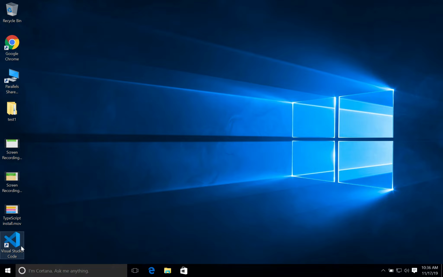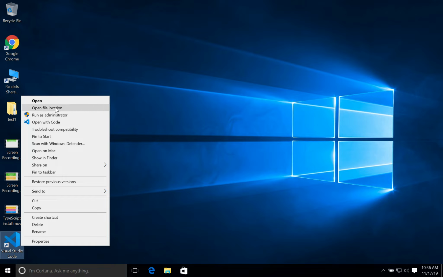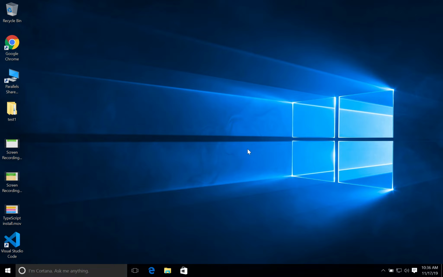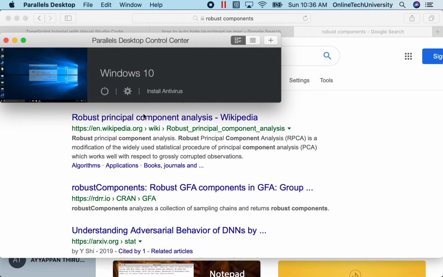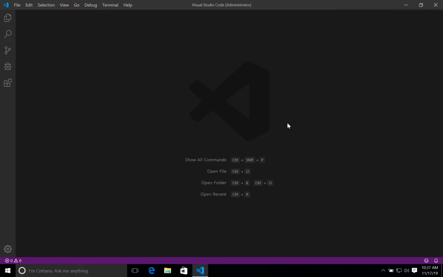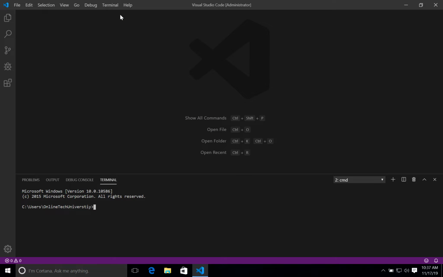Launch Visual Studio Code. Normally I will run as administrator, in case it requires any admin rights for the development. Visual Studio Code is launched, and by default it will open with an empty window. There won't be any terminal. You can go and click new terminal if there is no terminal